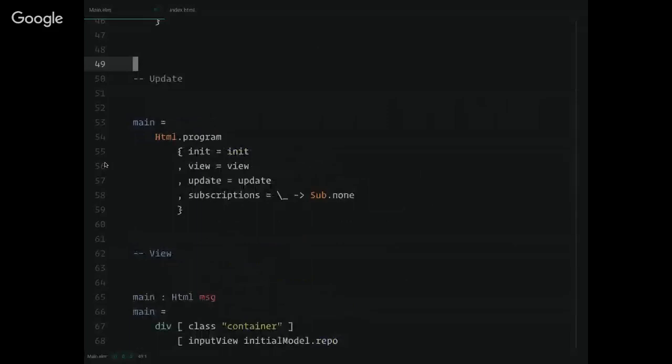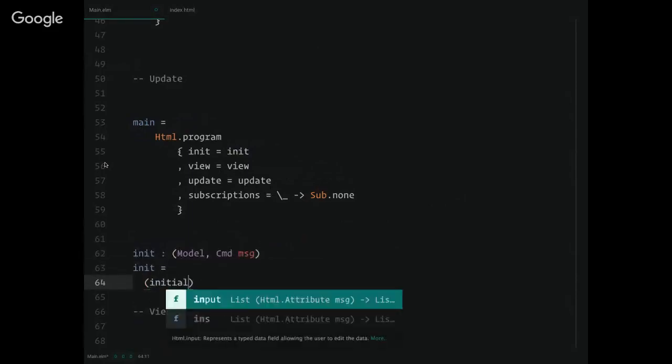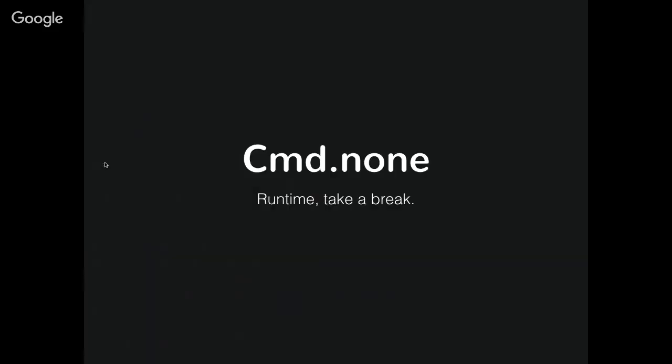So in here, we're going to pass in this update function. I've just gone ahead and made these values. So we're making an init here. An init is a value of a model in a tuple. So we're going to give it the initial model, the thing that we declared earlier, and command.none. That's the only thing you have to pay attention to. We're saying to the Elm runtime, I don't need to do anything special here. So there's no value. That's effectively all that says.